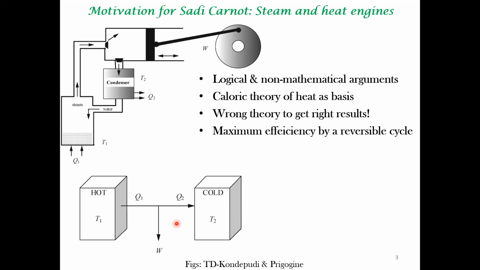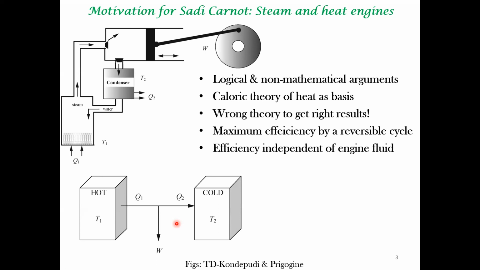He showed that the reversible cycles had maximum efficiency, and he also proved a few other things. We will elaborate in the next few slides. Okay, so one of the things of great consequence is that he proved that the reversible cycles can be operated on any general fluid. Okay, it doesn't matter whether you're using water or air.